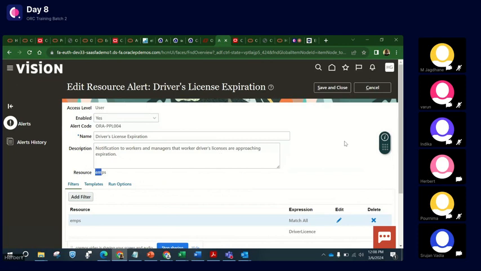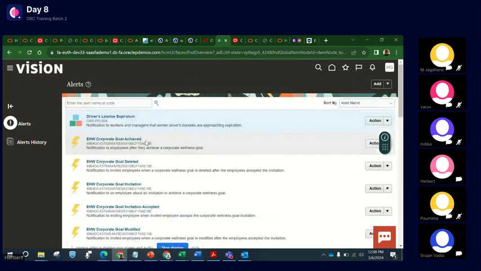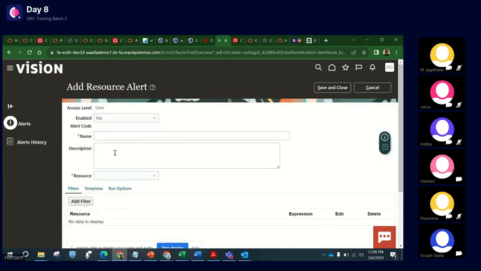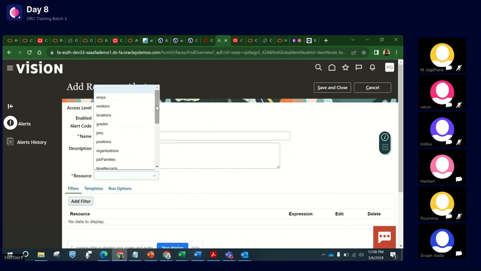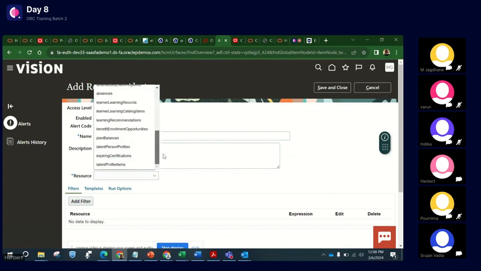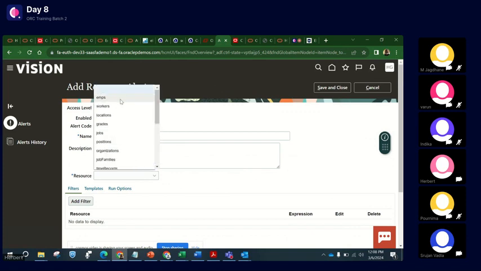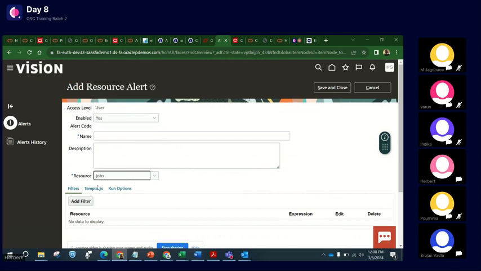This is for employees. Yeah, and then we go ahead and, okay, for ORC, I think we can set this to workers, or you can set up for a particular job. What we choose here as resource, I believe,